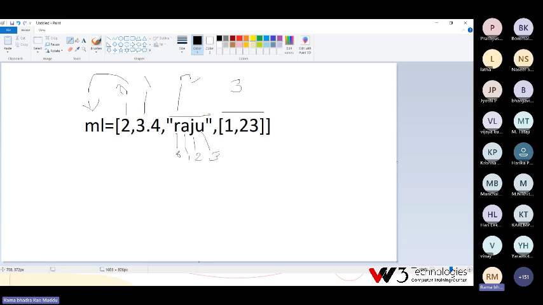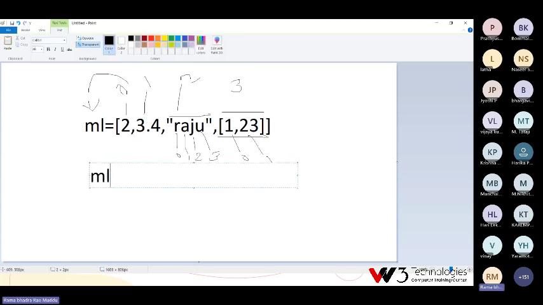So 2,0 will be R, 2,1 will be A, 2,2 will be J, 2,3 will be U. Internally it is represented like ML[2] means Raju.